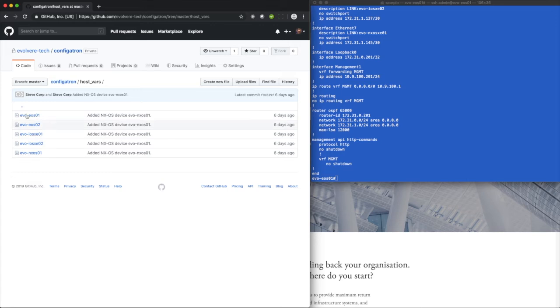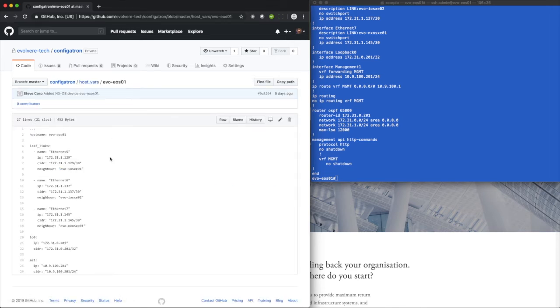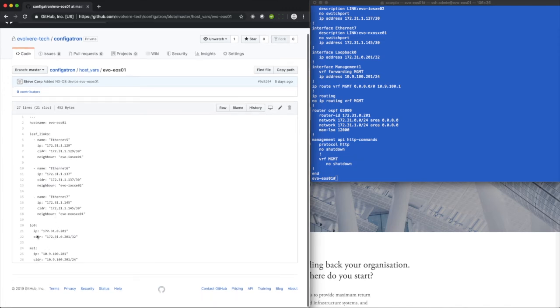And then the variables themselves, so the key variables are in host files, so there's 1 per switch. So host name, this is a spine, so it's got 5 links, and then loopback addresses, management addresses